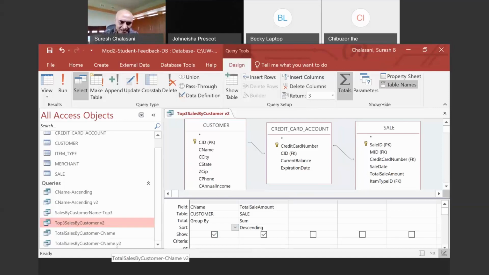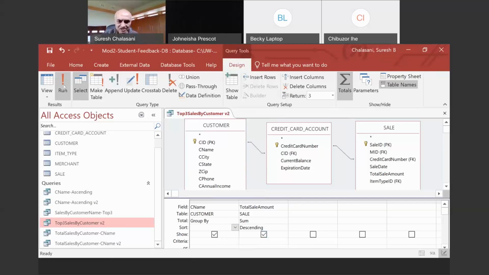To recap, I got this total sales by customer CNAME. I copied it. I pasted it. I went to the design view. I changed the return to 3 and total sale amount to descending. That's the only sorting option I chose between these 2 fields.